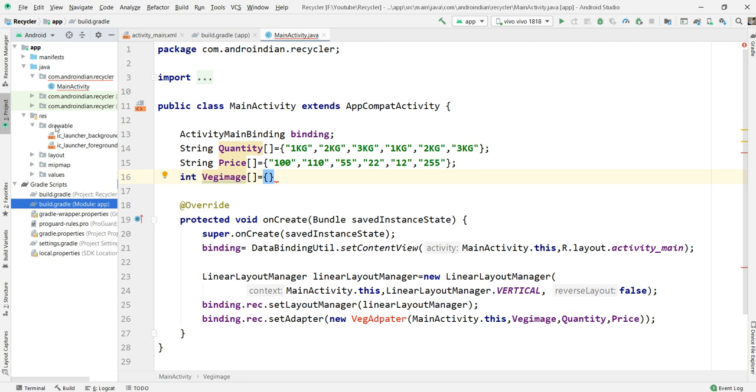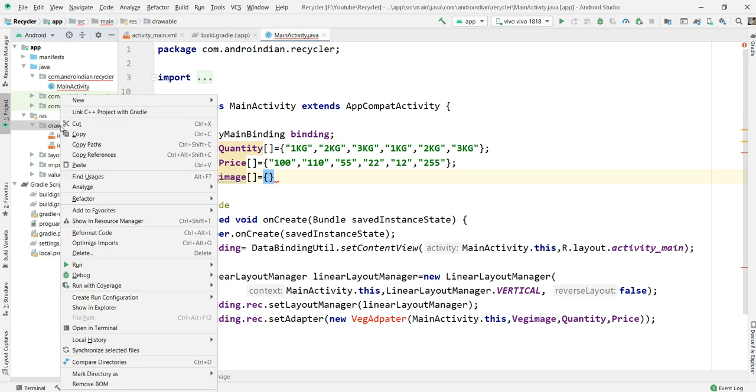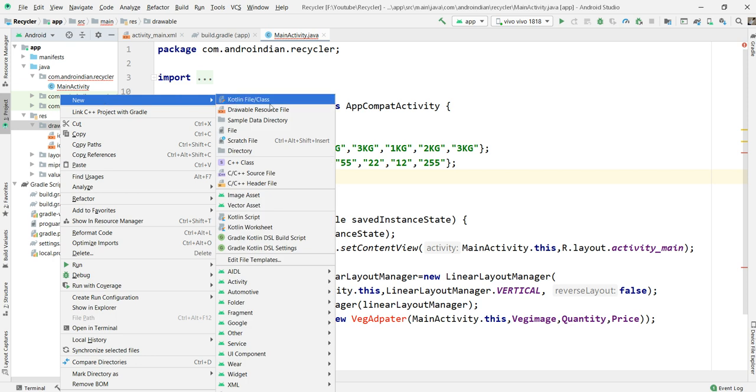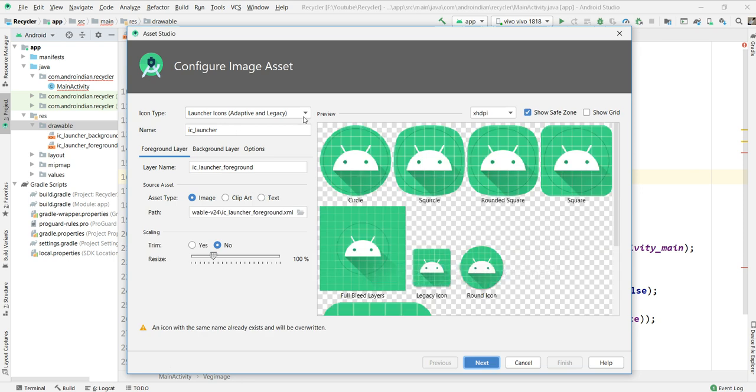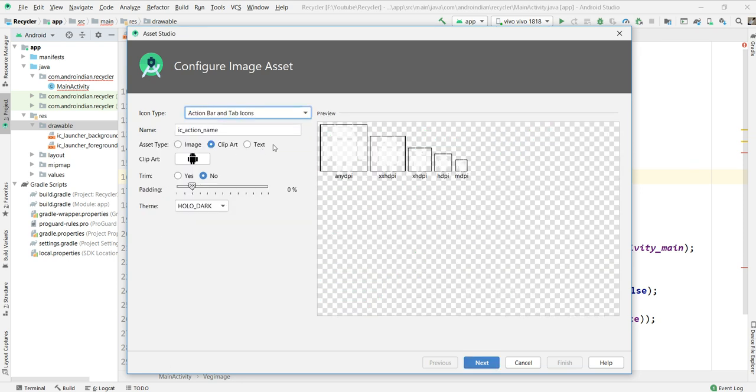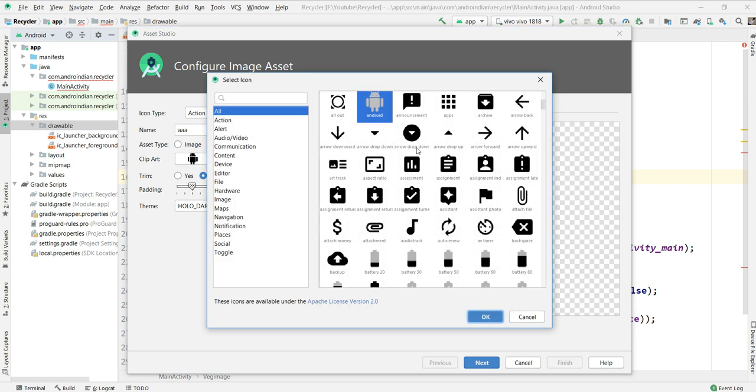So we already know where we can collect images. From here, I'm not taking vegetable images now. From here, image asset, I'm taking 2 or 3 images. Those 2 or 3 images only I can set for all. Just I'm taking small images. First one is something. So I'm taking this image.